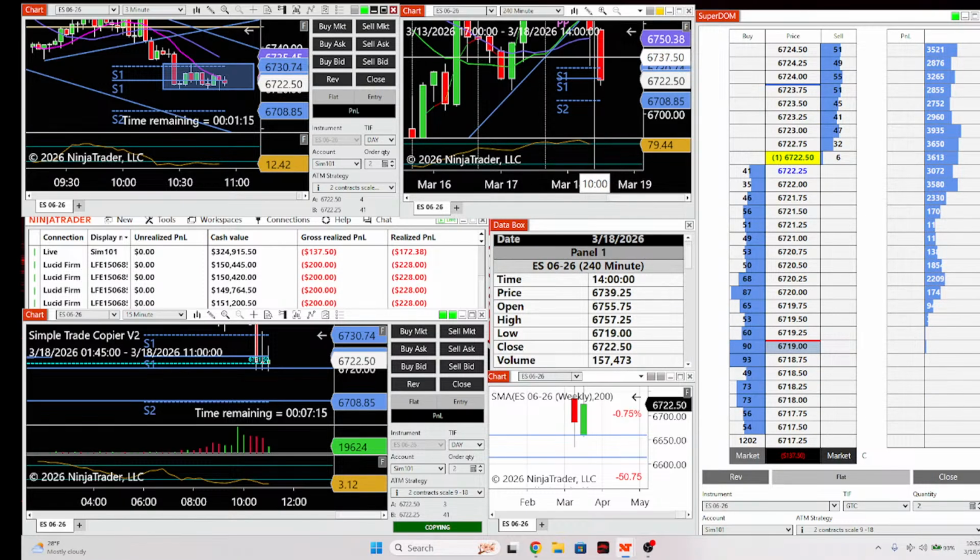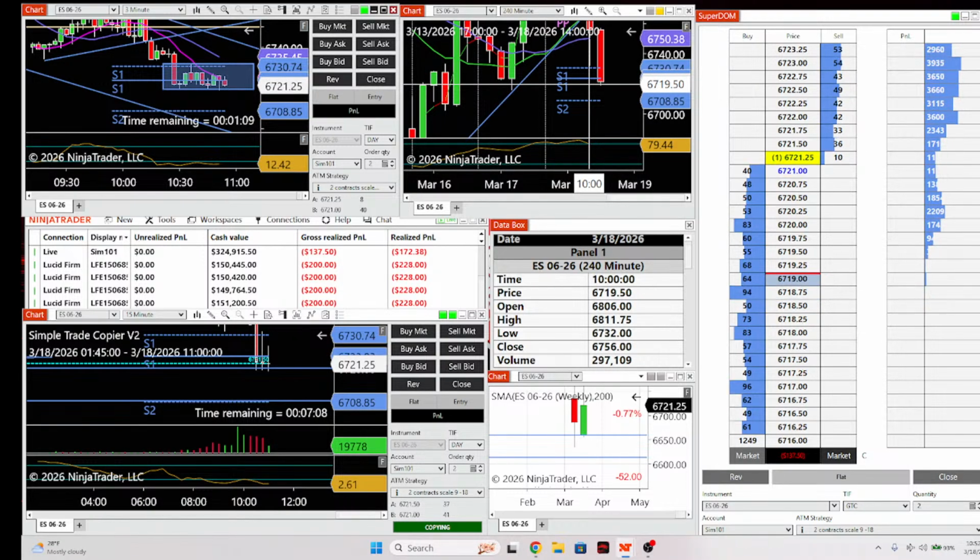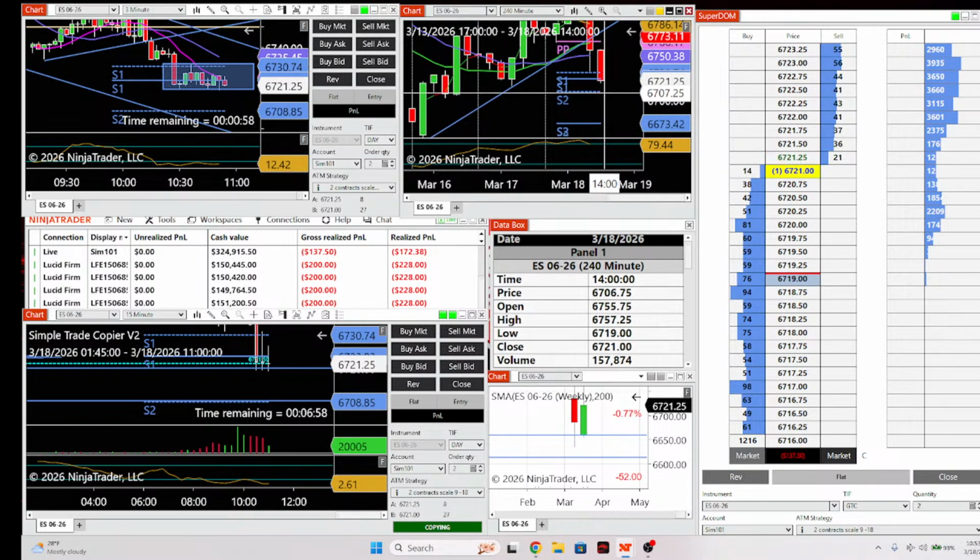A lot of times, see, this 4-hour done made this move. It done made a nice move down to the lows, yeah. The displacement, the red candle. So we kind of down at the lows. I'm trying to see if we can get down to the next S2 support level. I'm only trying to get 10 points, but